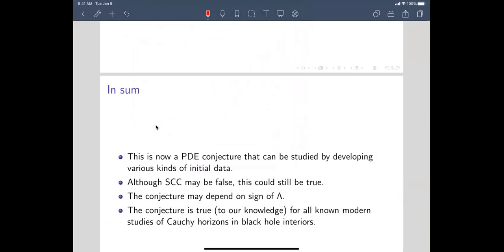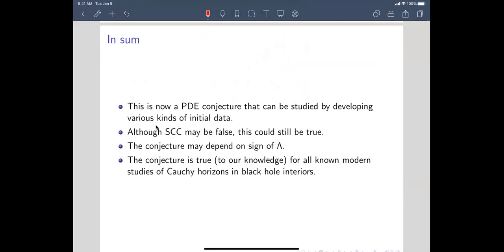Okay, so let me summarize what's been done. We took the Lorentzian geometric approach to strong cosmic censorship. We proved a theorem which proves what those conjectures were trying to do in a very, very low regularity class. Then from that point of view, we say, okay, how do we connect it with the PDE picture? Moreover, how do we connect it with the PDE picture in the context of black holes? And what we end up with is exactly this, namely a new conjecture, which you can study now from PDEs,